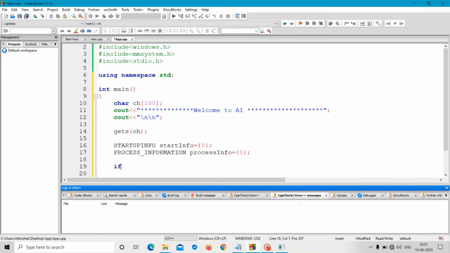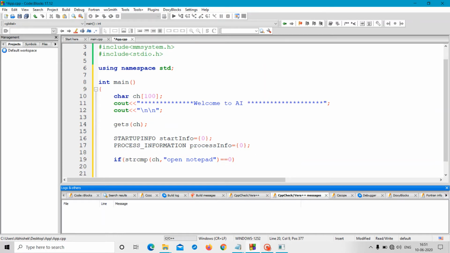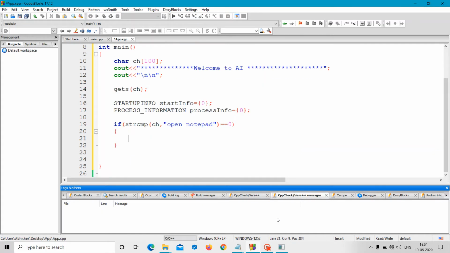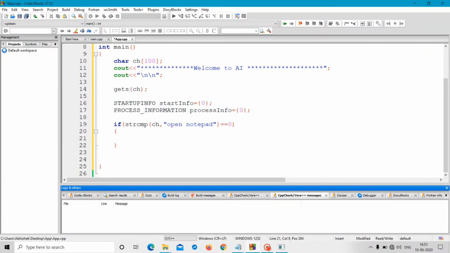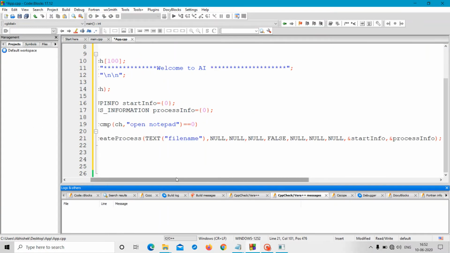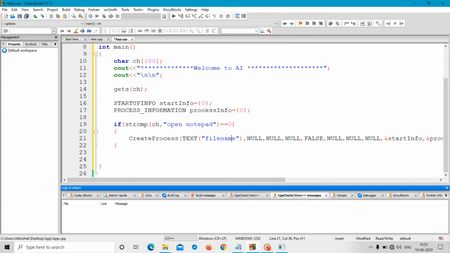Okay, so now I will compare the user string with our string. Suppose we want to open notepad, then the user will write open notepad equal to 0. If you want to open an application, there is one command named CreateProcess. We will have to use CreateProcess to open applications of our system. Here we will have to write the file path, not the file name, the file path.